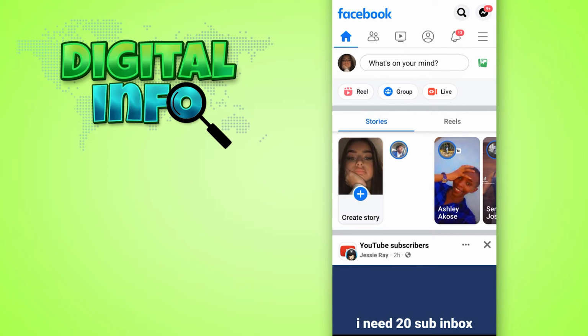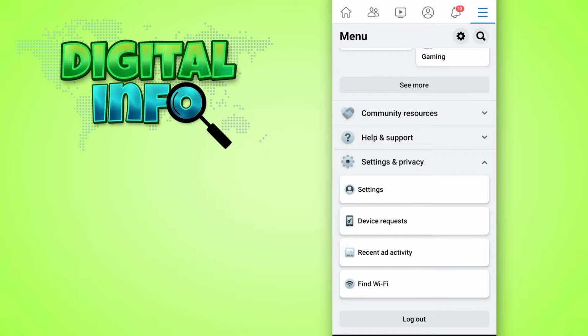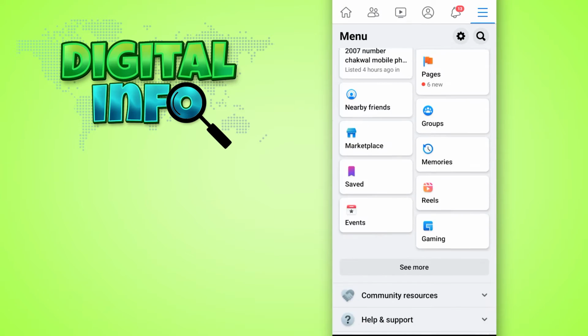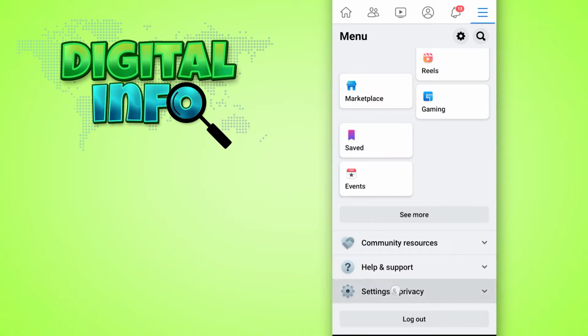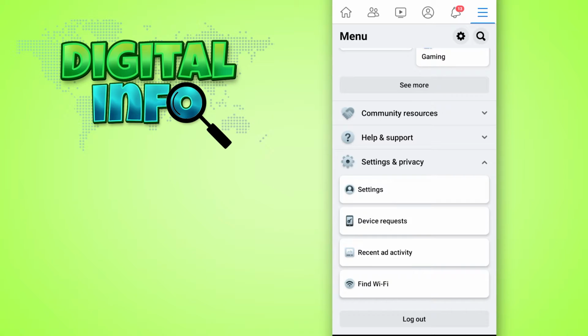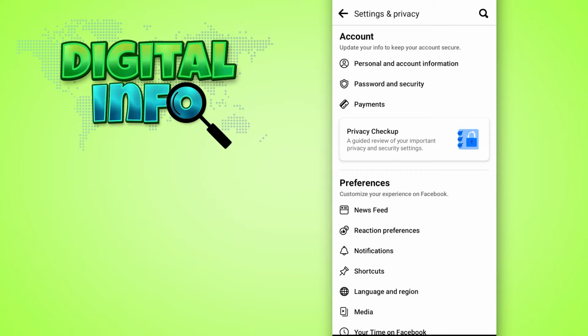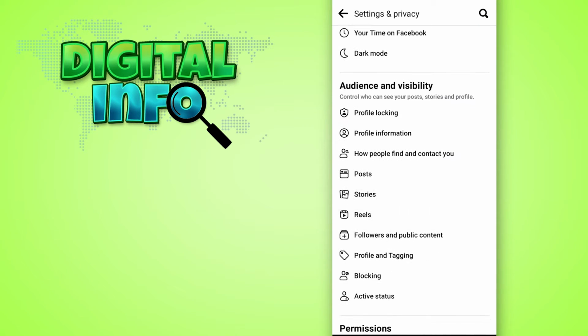So let's start. First of all, you have to log into your Facebook account and then go to the menu option on the top right corner of your screen. And in this section you just simply scroll down and select settings and privacy and then click on settings. And here you just simply scroll down